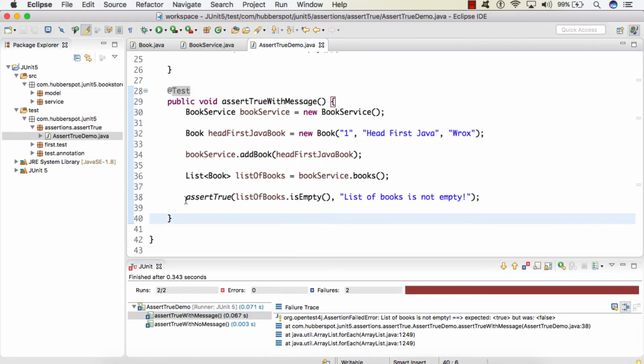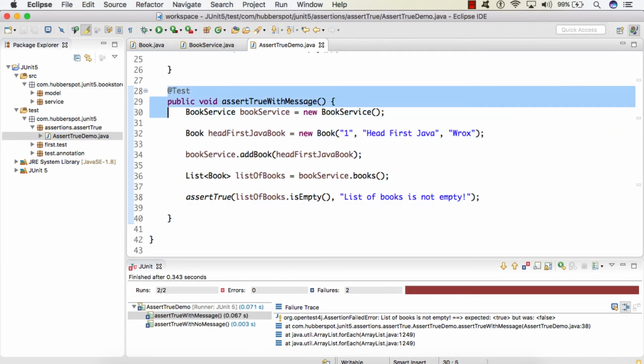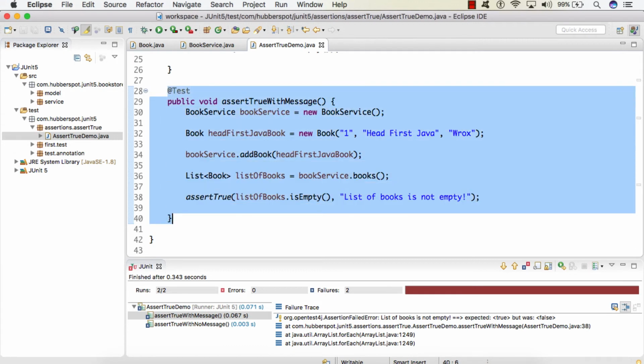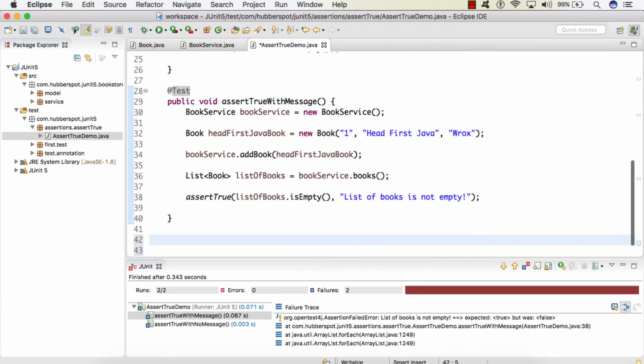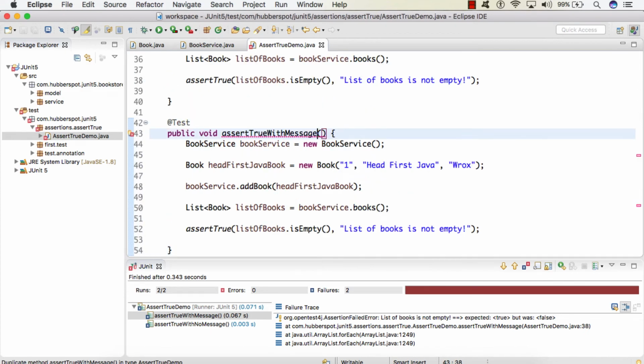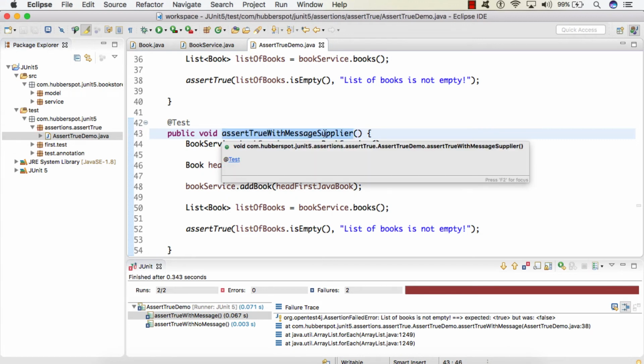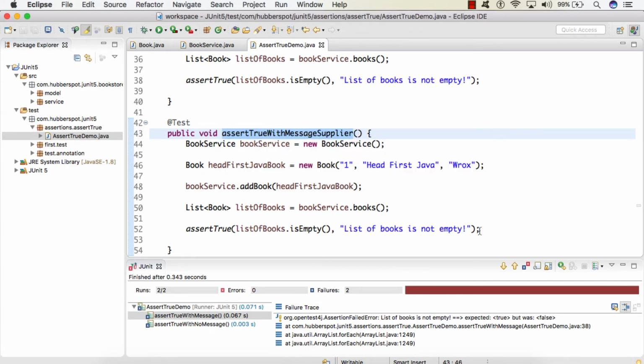So this was the second overloaded method of assertTrue. Now we'll see the demonstration of the third overloaded method. I'll give the name to this test as assertTrue with message supplier, because here we will be using the Supplier interface to provide this customized message.